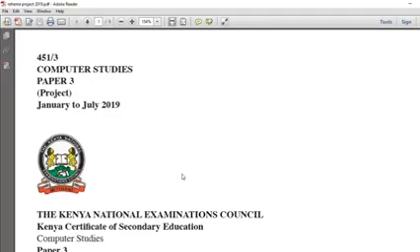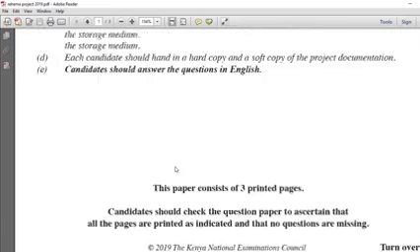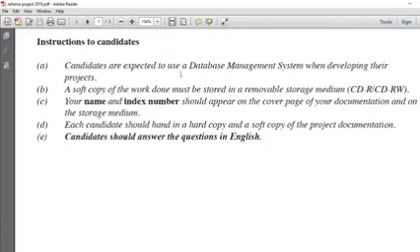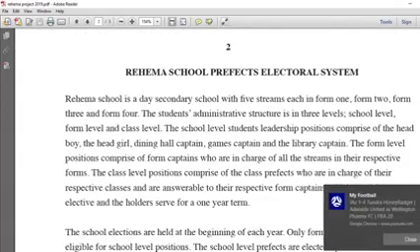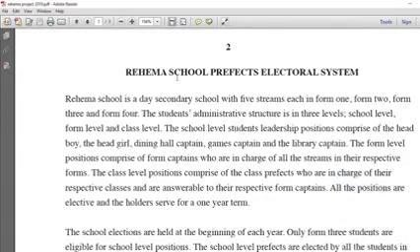Hello, I would wish to take you through the computer studies project, the year 2019. The instructions were that you're supposed to use a database management system, of which I will use Microsoft Access. This is our system. We are creating a school prefects electoral system, and the title will be